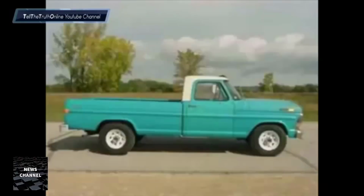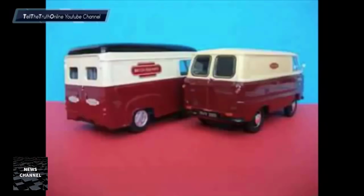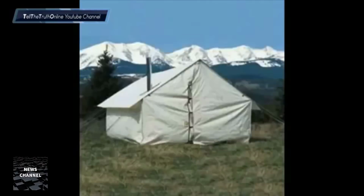Number 4, you need a truck or a large van, preferably diesel, so that you can carry people and supplies and equipment. Number 5, heavy canvas tents or tarpaulins for emergency shelter for yourself or for unexpected guests. Number 6,